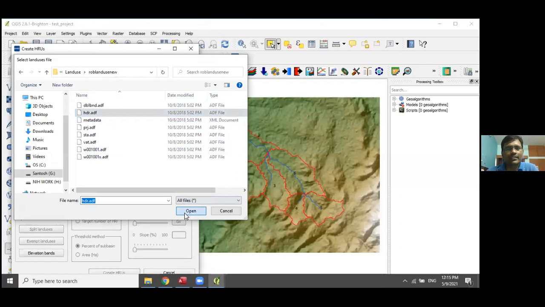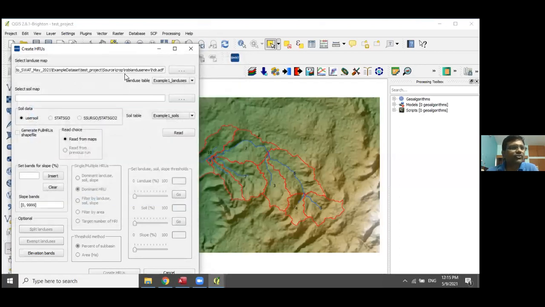Then the land use table: I have already explained the lookup tables. Just select use CSV file, because the lookup table data is in a CSV file.